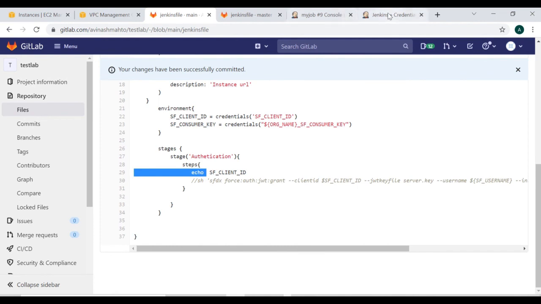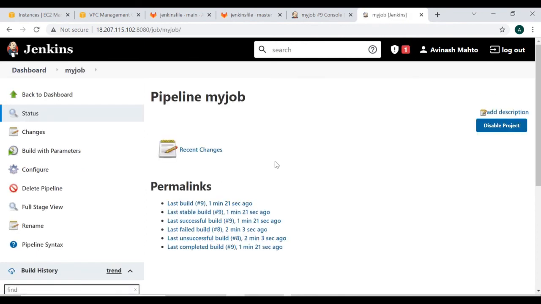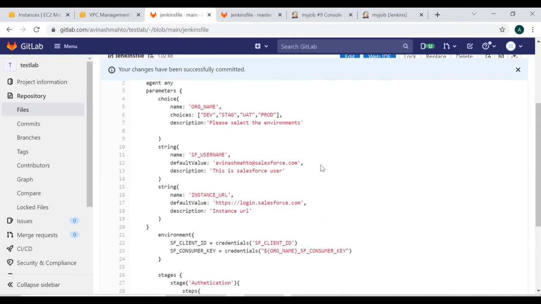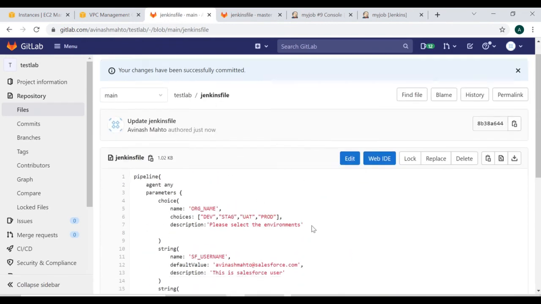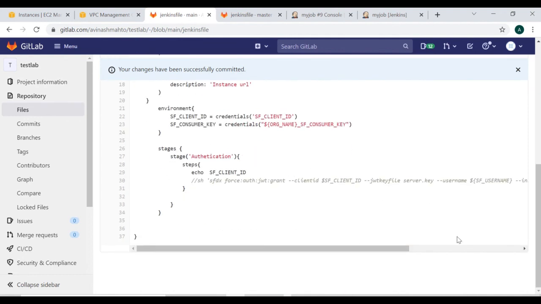Then later we mentioned those credentials in Jenkins, configured one Jenkins job, and ran those jobs using this particular repository. After that, we saw how to handle the choice parameters and how to handle the different environment credentials using the choice parameter.